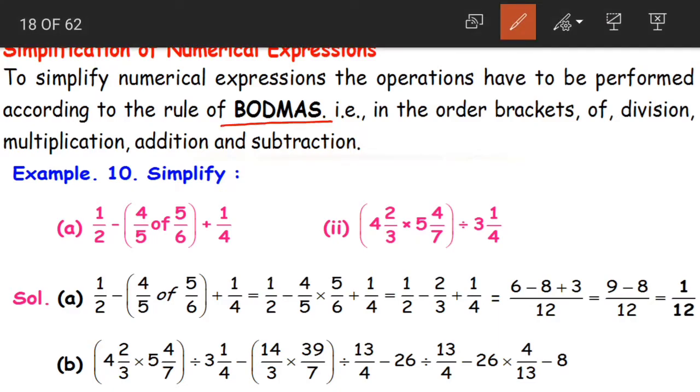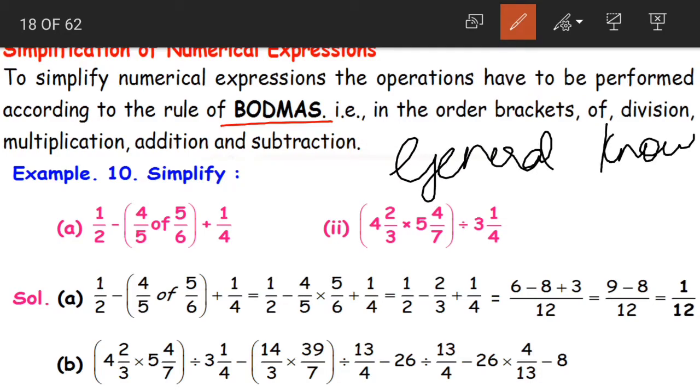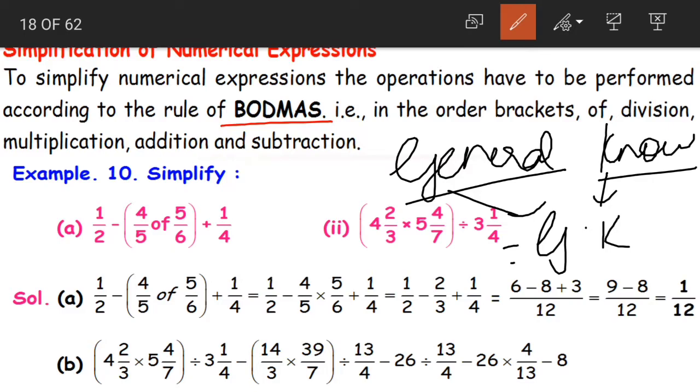This is an acronym. Like for example, we have the word general knowledge, right? General knowledge. How do we say it in short? We say GK. Yes, we are taking the first letter of the words and then calling it as GK. So this is the short form or acronym. General knowledge becomes the abbreviation.